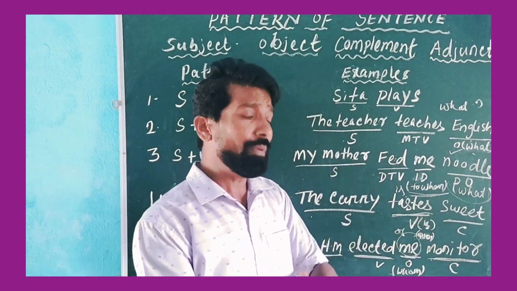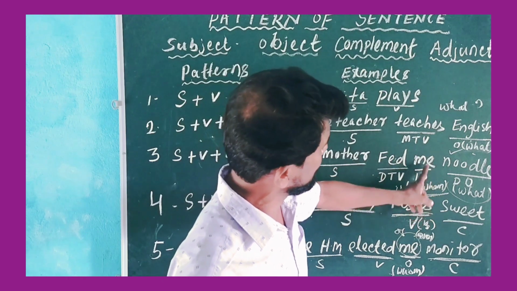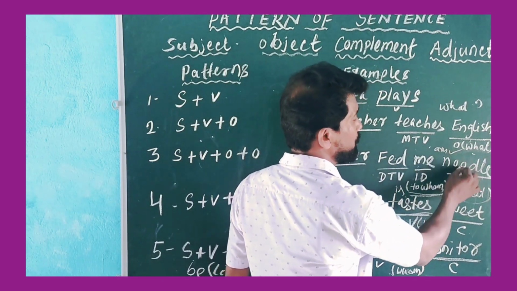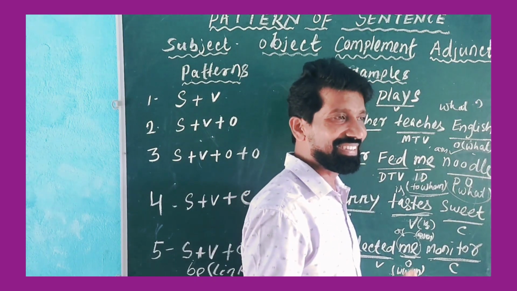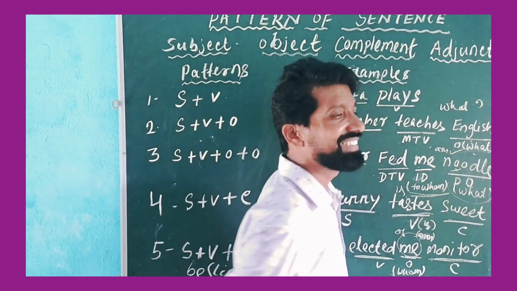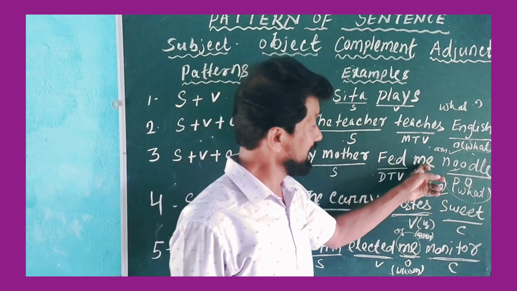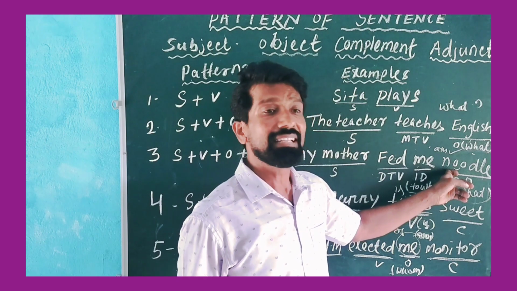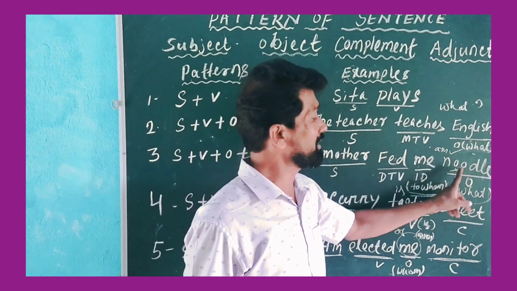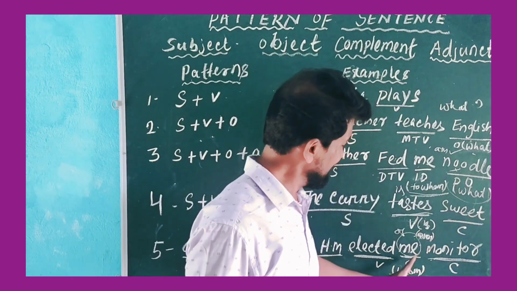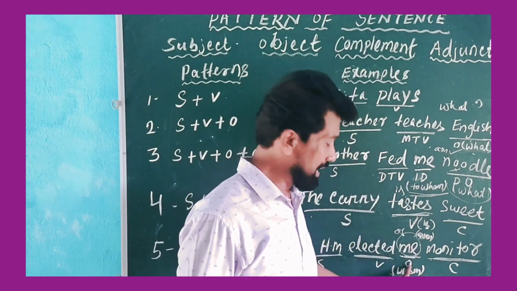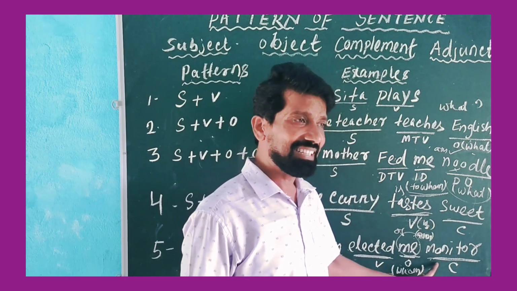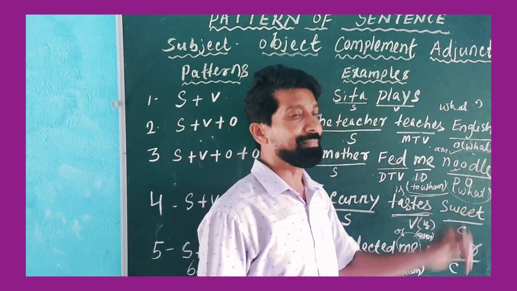So you may ask me, sir, here there is written me. If I put am, I am a noodle. Is the sentence correct? No, then it is not a complement. If you ask, sir, here I put me means I am a noodle, is the sentence correct? No, then it is not a complement. Here we put am. I am a monitor. Is this sentence correct? Then here the answer is a complement.